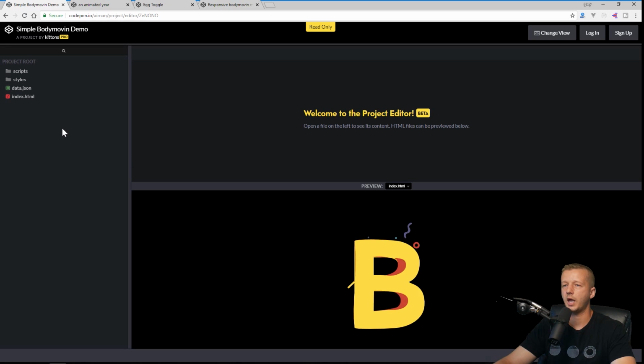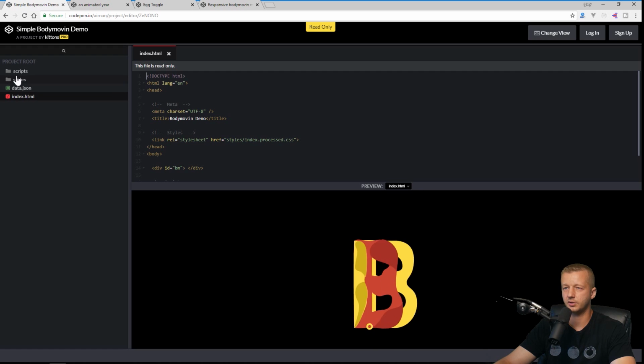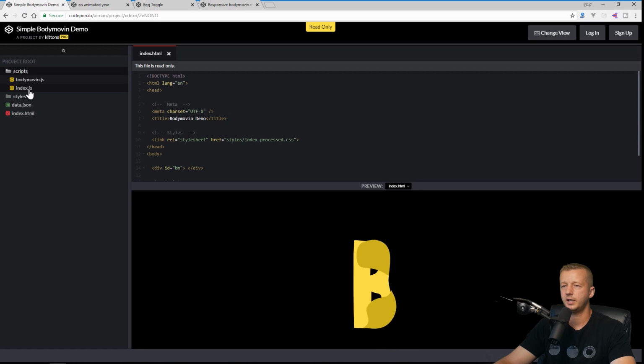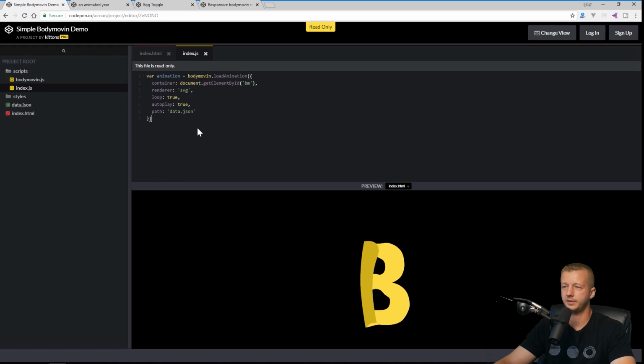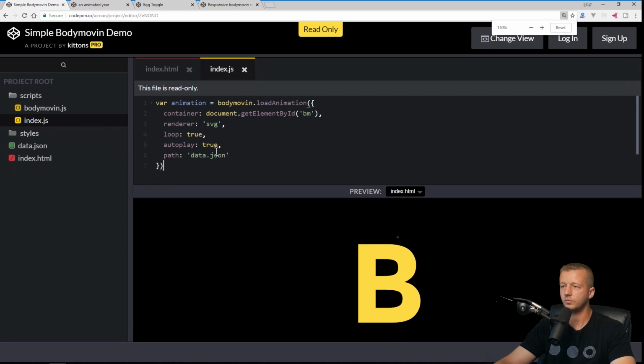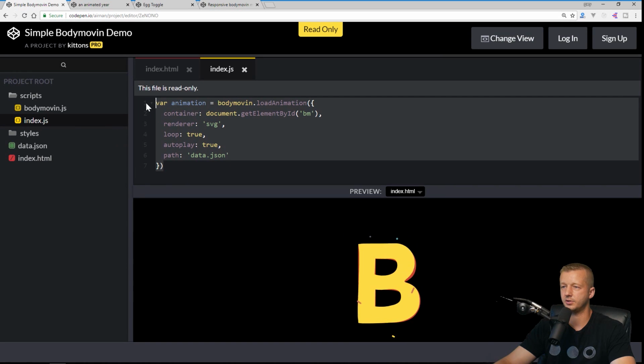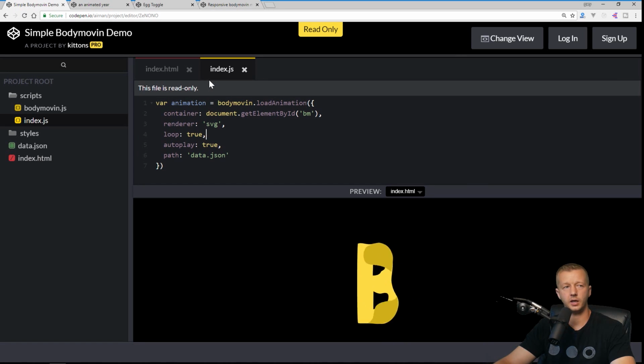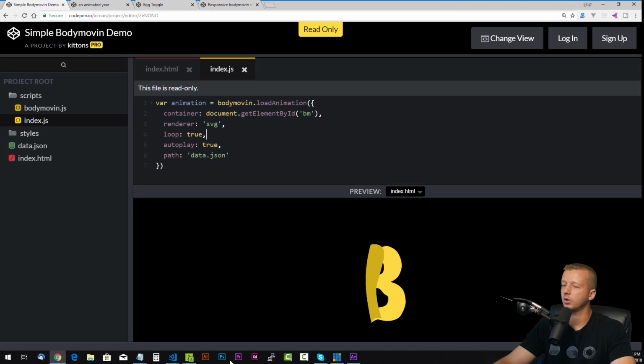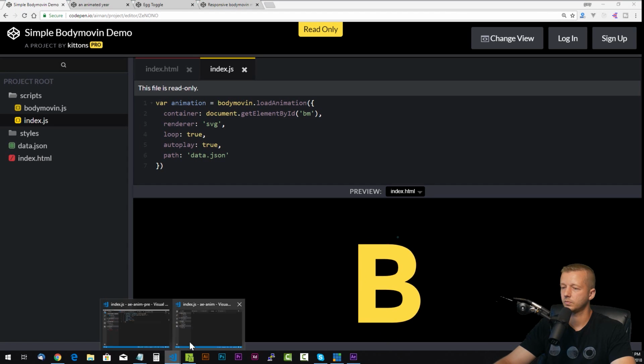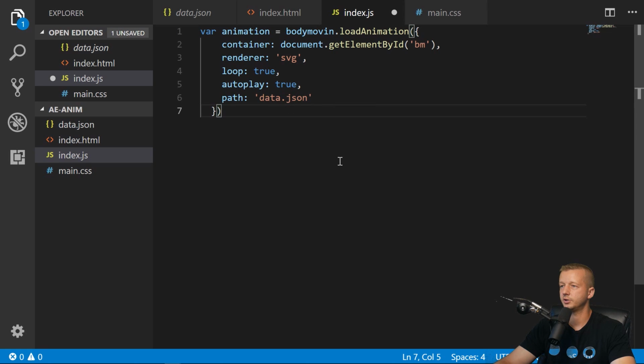And basically, if we click on, let's see here, our scripts, we'll see index.js, and this is a very simple setup that you can use to get started right here. So really, I'm just going to copy this, and we'll go back to our code editor